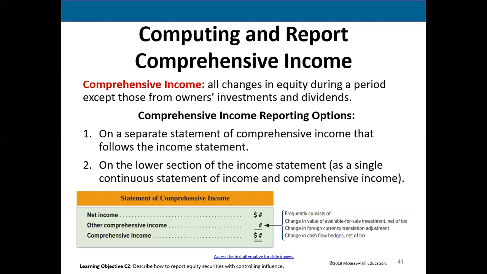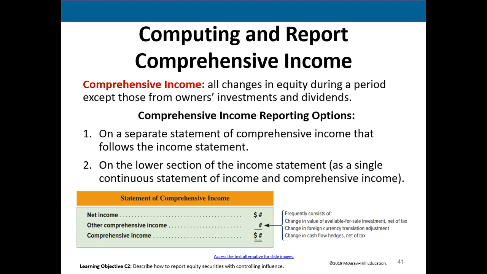These are called other comprehensive income items. Net income is always a part of comprehensive income. So there is a statement of comprehensive income. You saw Starbucks and you saw there were different kinds of things on it. They're usually the items that appear on the comprehensive income statement beyond net income are very complex items that as an accounting major you would learn about. But you are learning about one item, and we saw it on Starbucks.